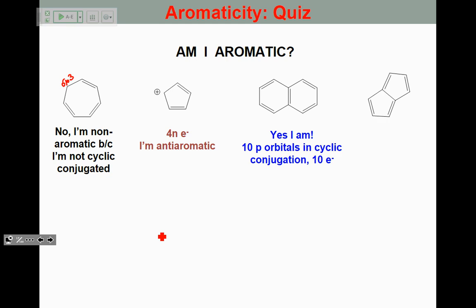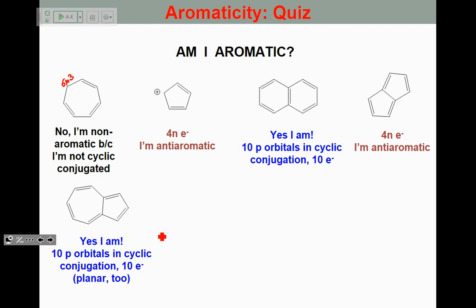What about this one? We have 8, so it's anti-aromatic. It is a fully conjugated system, though. What about this one? That one's aromatic. It has 10 pi electrons. What about this one? How many pi electrons do we have? 6, so that one is